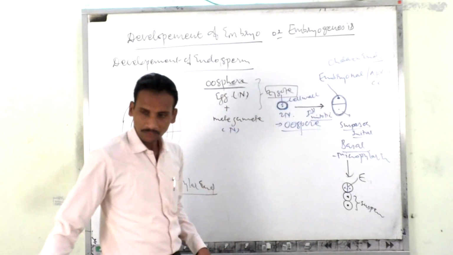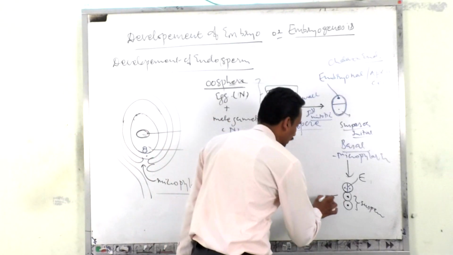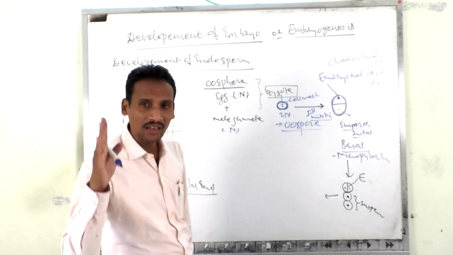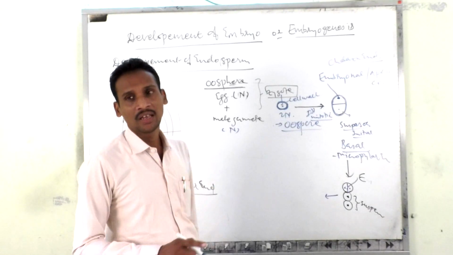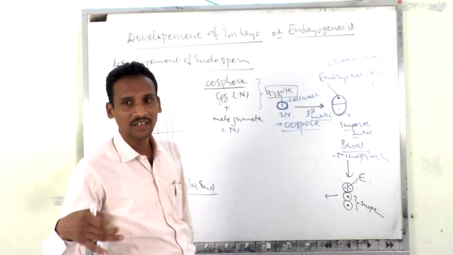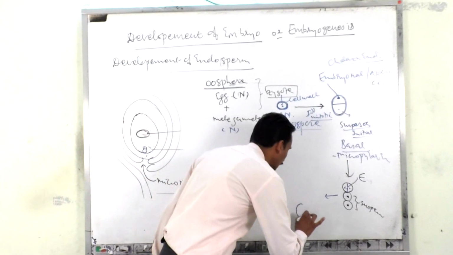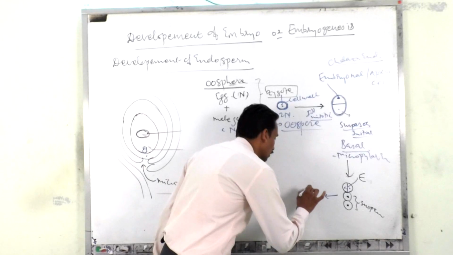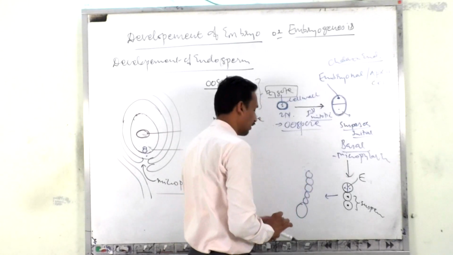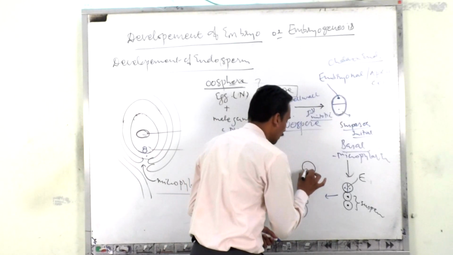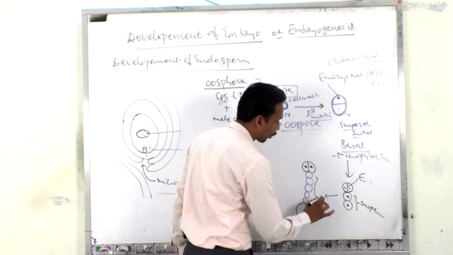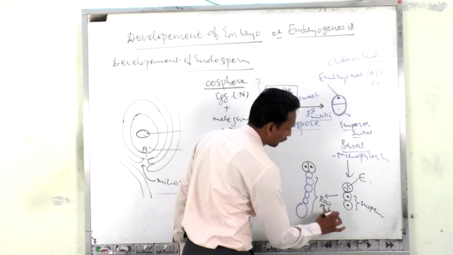Now what happens? After this, all the next divisions are carried out only within the suspensor cell, and all divisions are transverse divisions. Therefore there should be a formation of 6 to 10 suspensor cells in a row. So here the larger suspensor cell is there. We count 6 cells here. And here there is the presence of the embryonal cell. So these all are the embryonal cells, and this one is the row of suspensor cells.